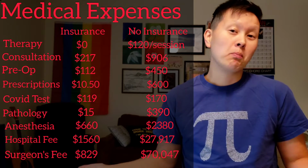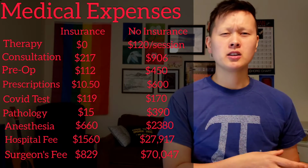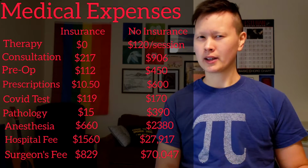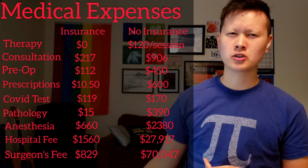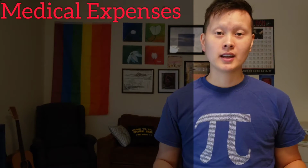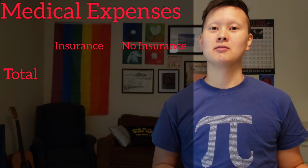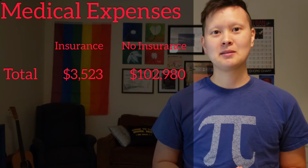That's what they all billed. But I think there's something weird with, you know, if you're not on insurance, then they'll bill you slightly less, but because they know you're on insurance, they bill you more, something like that. I'm not really sure how that works. Basically, insurance seems like it really came in and saved my butt from having to pay $100K in medical bills,